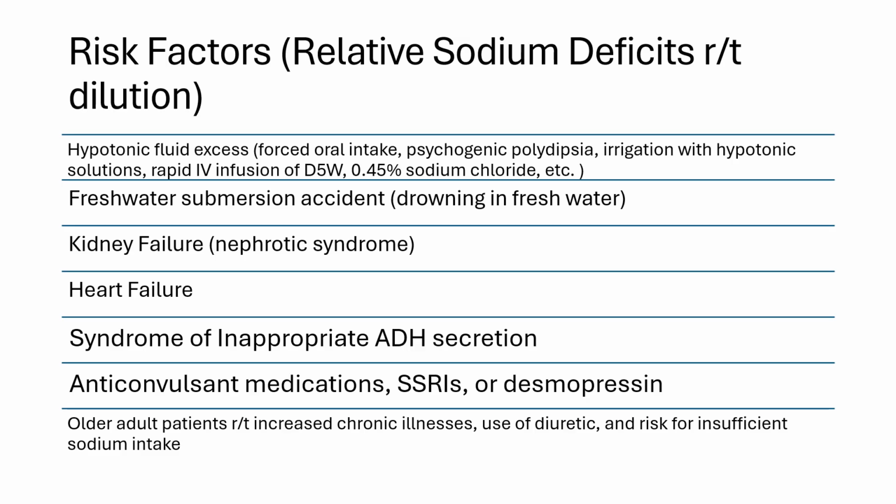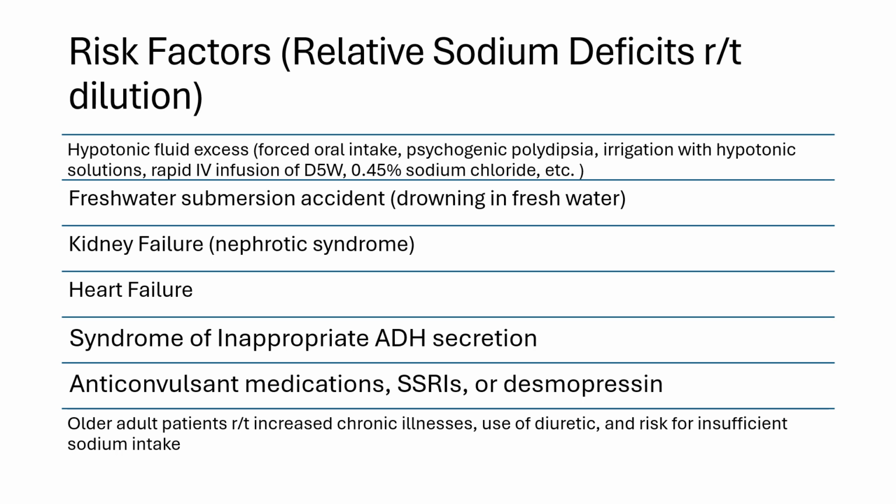This is a continuation of our risk factors. These are the relative sodium deficits related to dilution. So what you have on here is hypotonic fluid excess, freshwater submersion accidents, so drowning in fresh water, kidney failure or nephrotic syndrome, heart failure, and syndrome of inappropriate antidiuretic hormone secretion, basically any of your SSRIs. Older adults are at risk related to increased chronic illnesses, use of diuretics, and risk of insufficient fluid or sodium intake. Now with this, the one I really want to talk to you all about is this rapid IV infusion